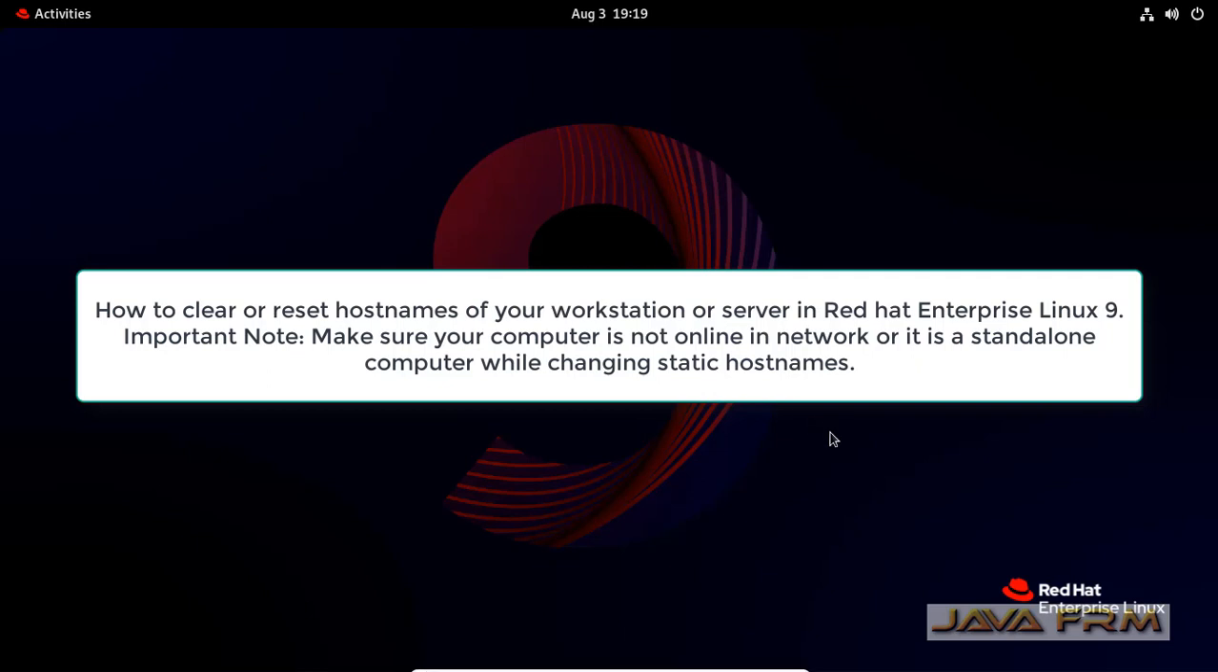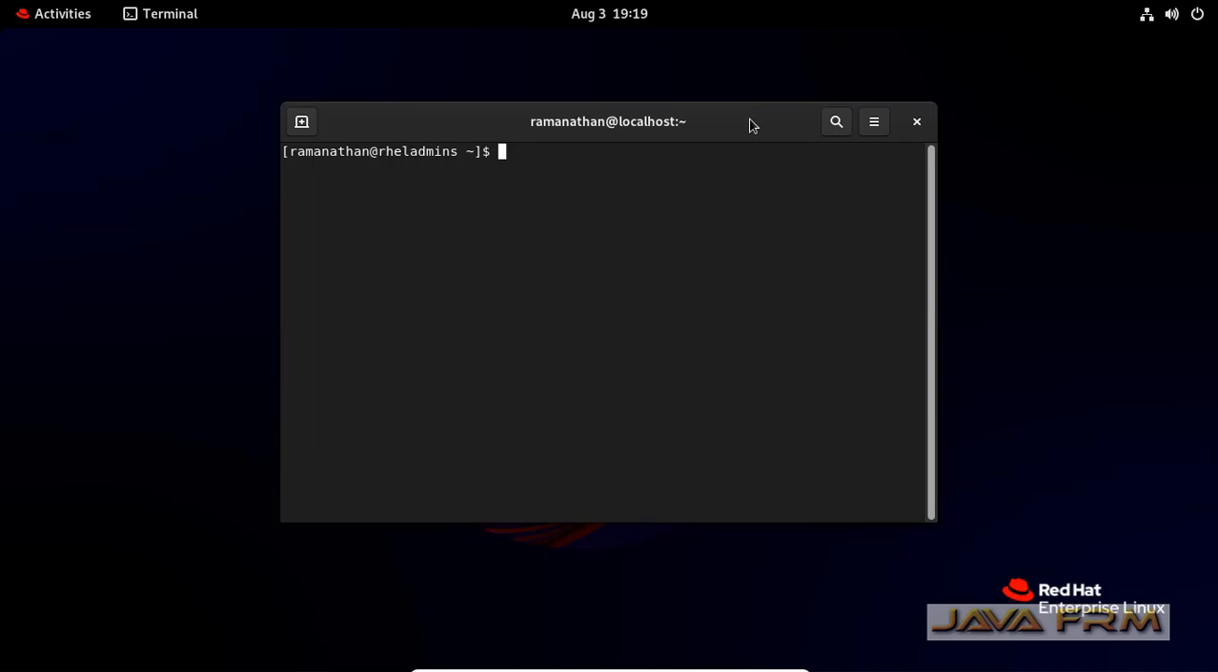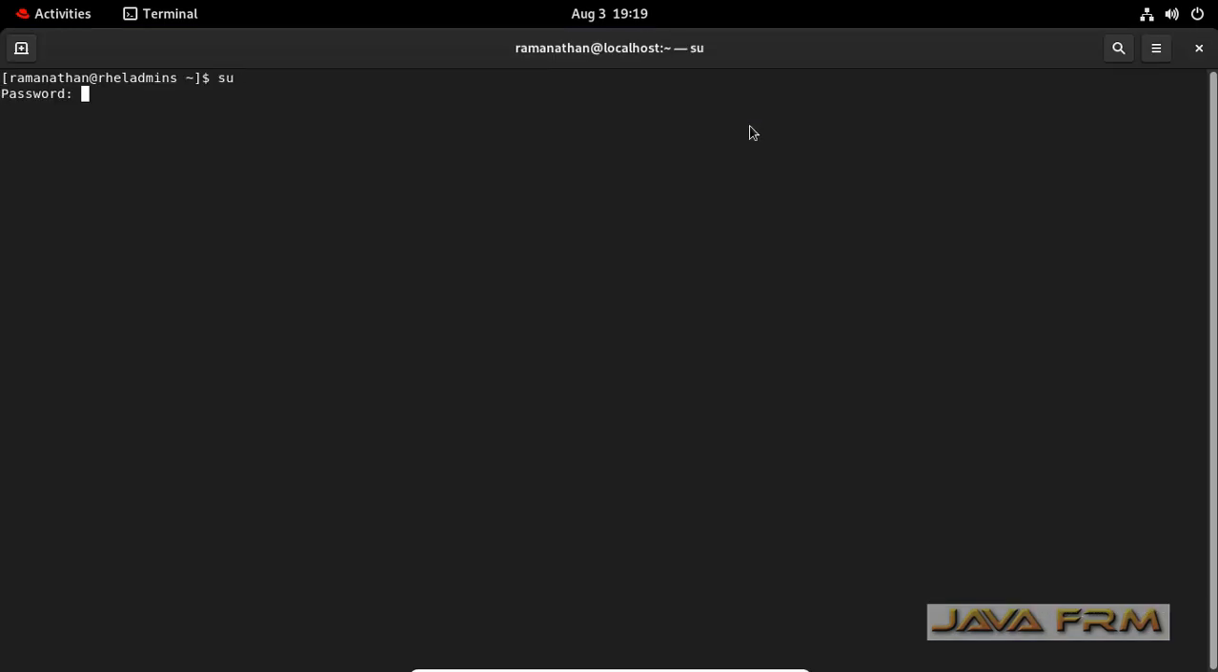Welcome to Java Forum. Now we are going to see how to clear all the hostname using hostnamectl command in Red Hat Enterprise Linux 9 operating system. So first I am logging in as a root user in terminal,